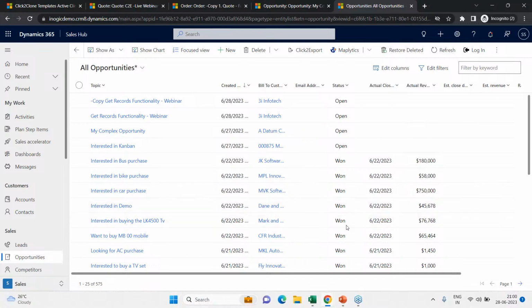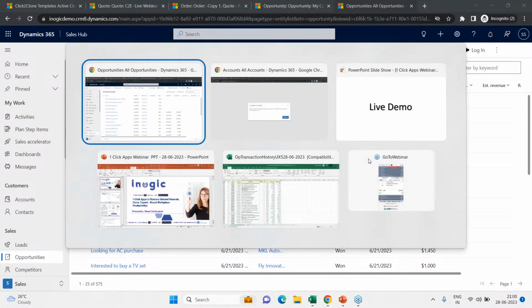Hope everyone's okay. So let me launch, or I'll stand for this particular moment. It's pretty easy to look into what features have been provided by Click to Clone. So for the time being, let me just switch back to my